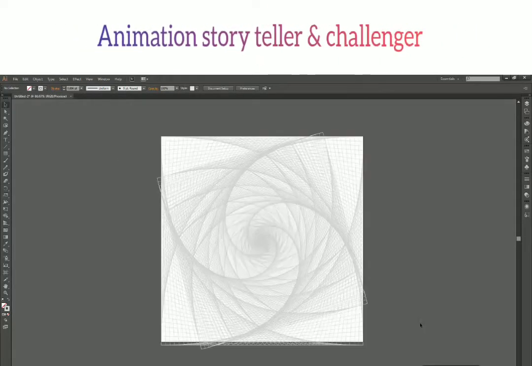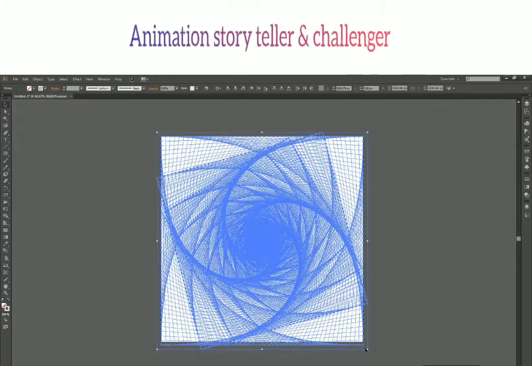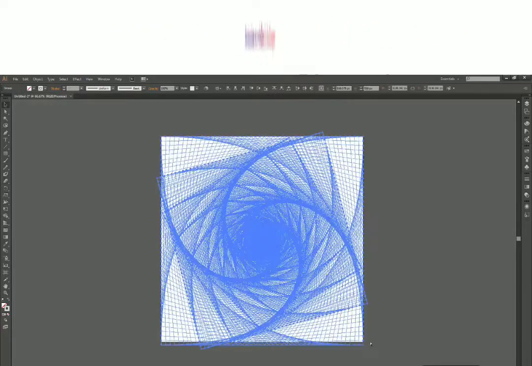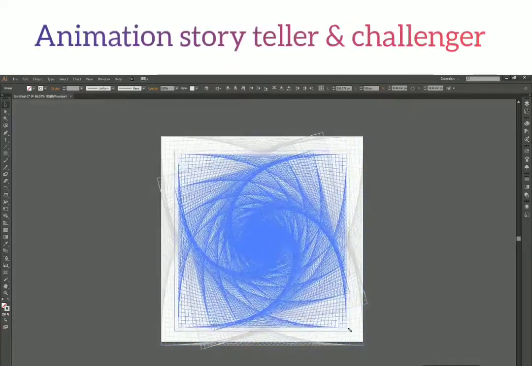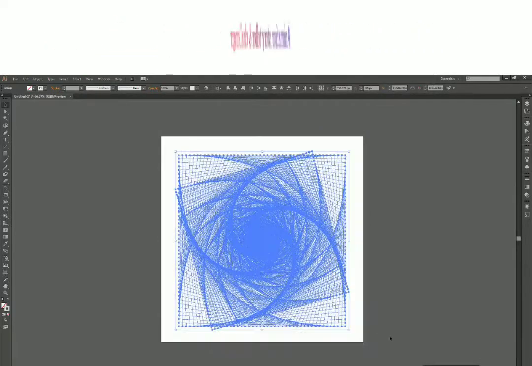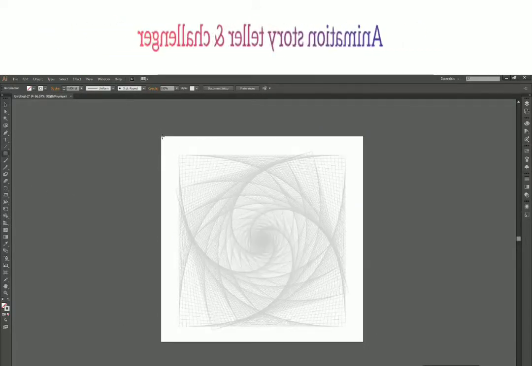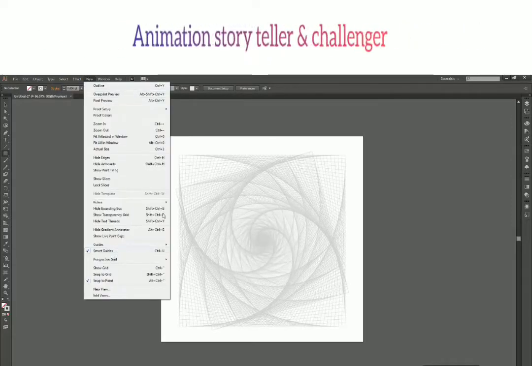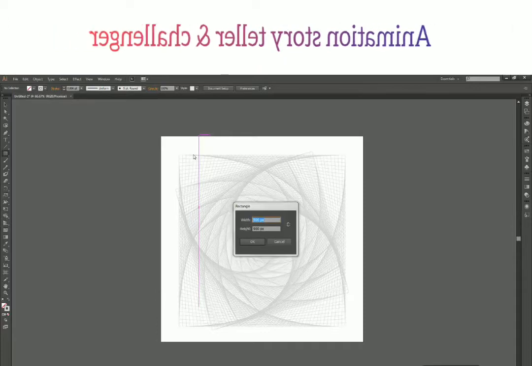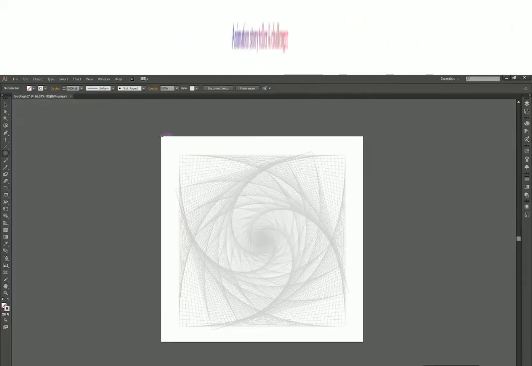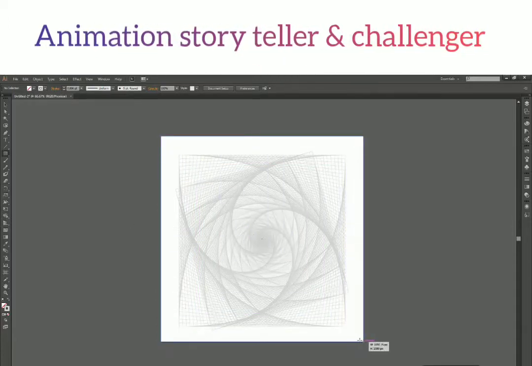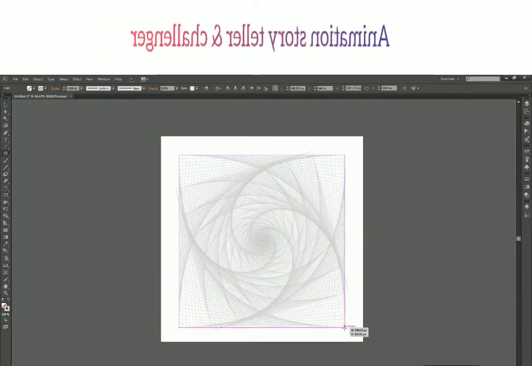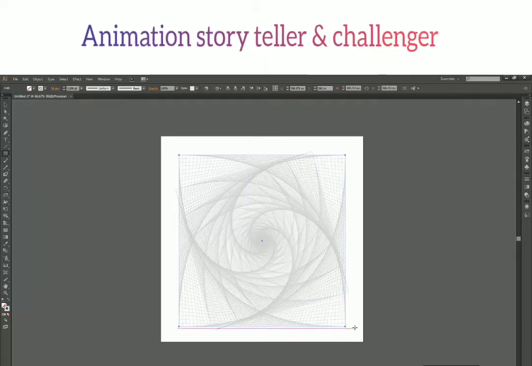Now these two bits we have to do something for. So what we can do is press Ctrl A to select all of them, scale this design a bit, and create a rectangle over here. You can press Ctrl U to turn on smart guides, and let's draw a rectangle and one more rectangle over here.